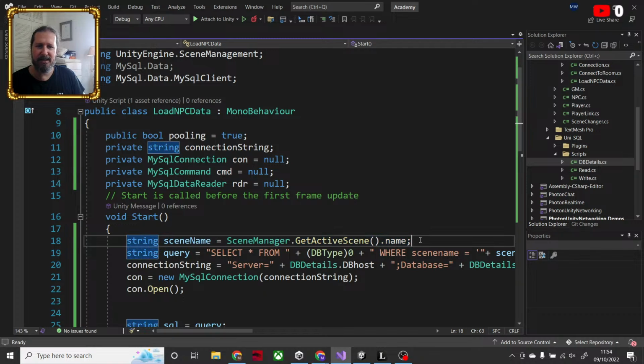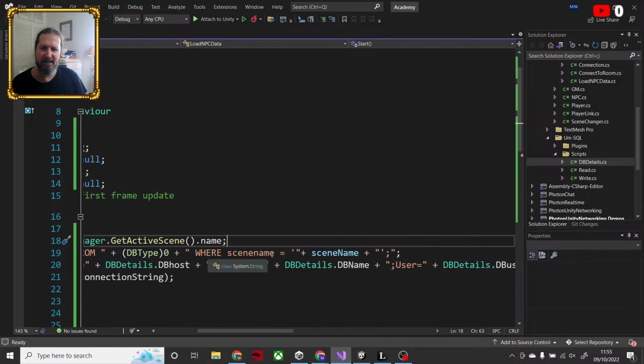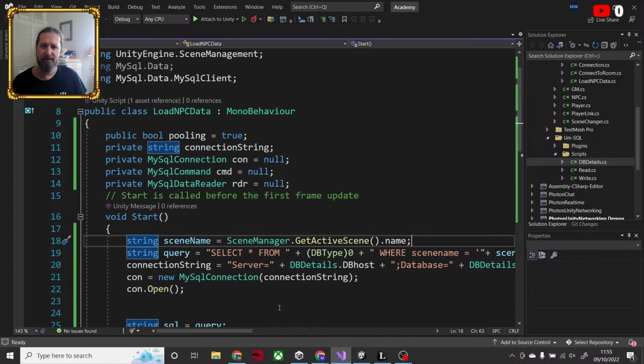So it's going to get the name of the scene that I'm in. And in my select query, I'm going to select where the scene name is going to be equal to that scene name that we just got. So it should only grab Bob, since Bob is the one set up for street.